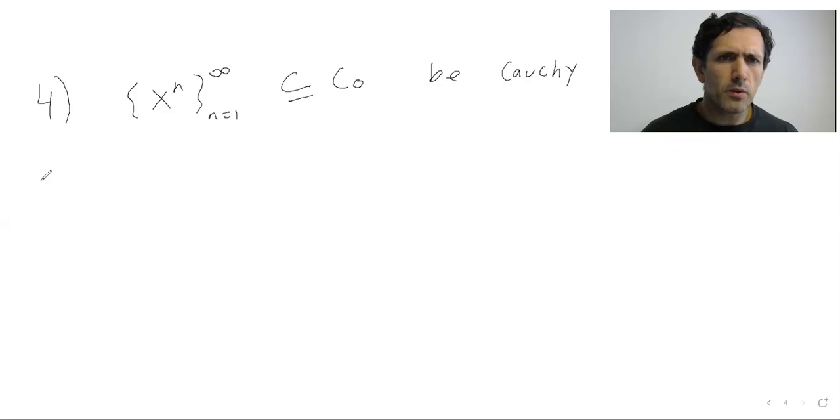So what does that mean? For any epsilon bigger than 0, there exists an N, depending on epsilon, where